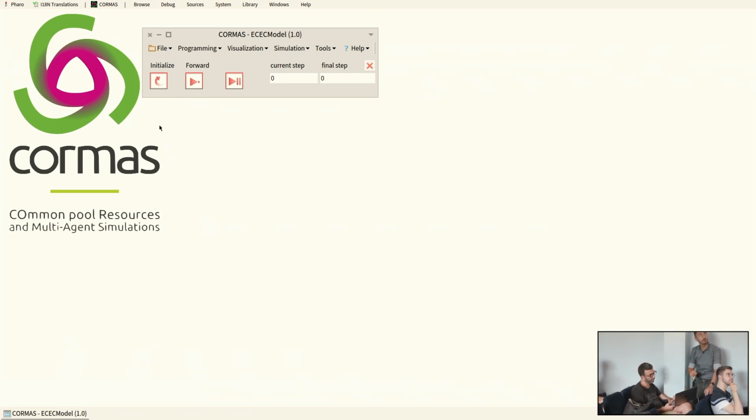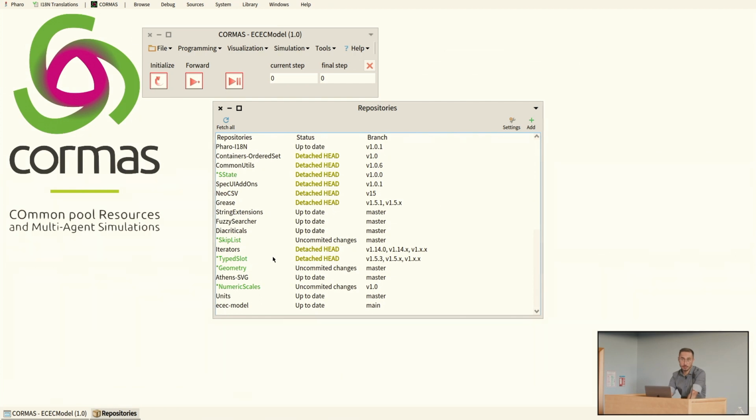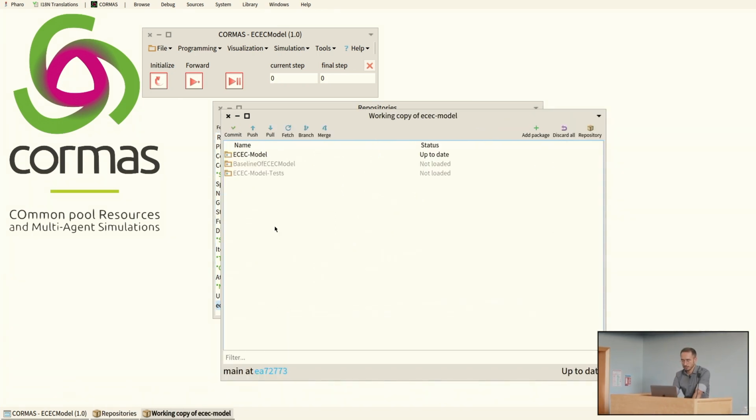So the idea is that after you loaded the model with Iceberg, you must also double click on this repository and open the package and load specific package. So where is it? Yes, in the end, you double click. It's like that, I will show on the screen. That is something that I did, but I forgot to comment on at the beginning. When you load something with Iceberg using the add button, you need to double click on this repository, and you see that